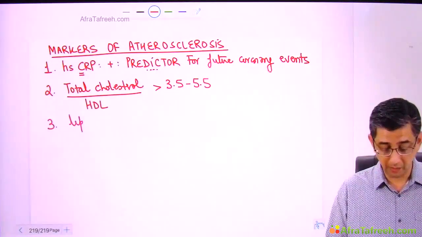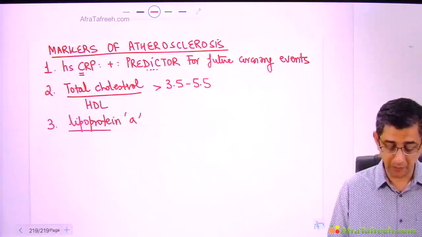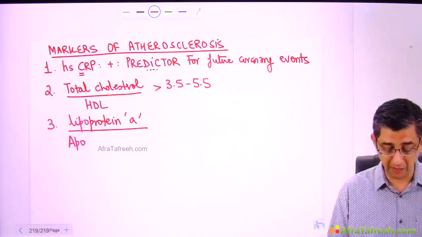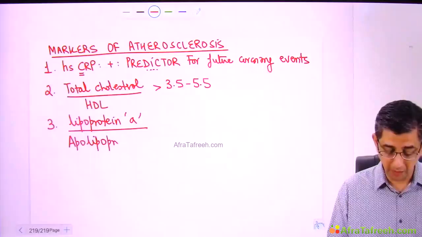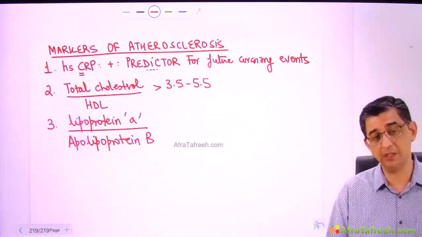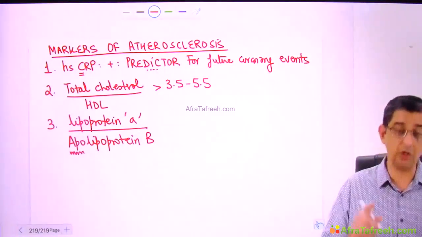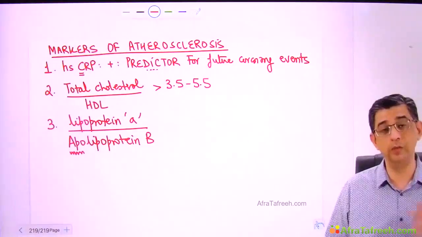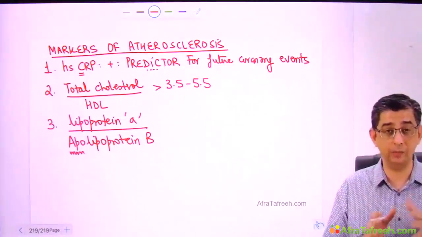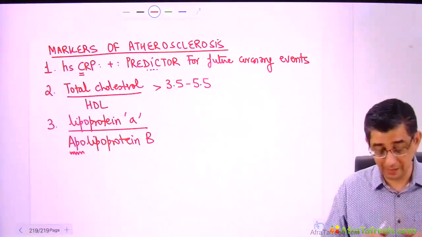The next important marker for atherosclerosis that I want you to remember is lipoprotein A. Please remember that in the numerator it is written as lipoprotein A. In the denominator, what we are taking here is apolipoprotein B. Though you have read about this in biochemistry and other basic sciences classes, I want to draw your attention to the fact that the apo word per se is not in the numerator, it is in the denominator. The moment you talk about apolipoprotein A with a capital A, we are talking about HDL, which is going to be cardioprotective. This is lipoprotein A.